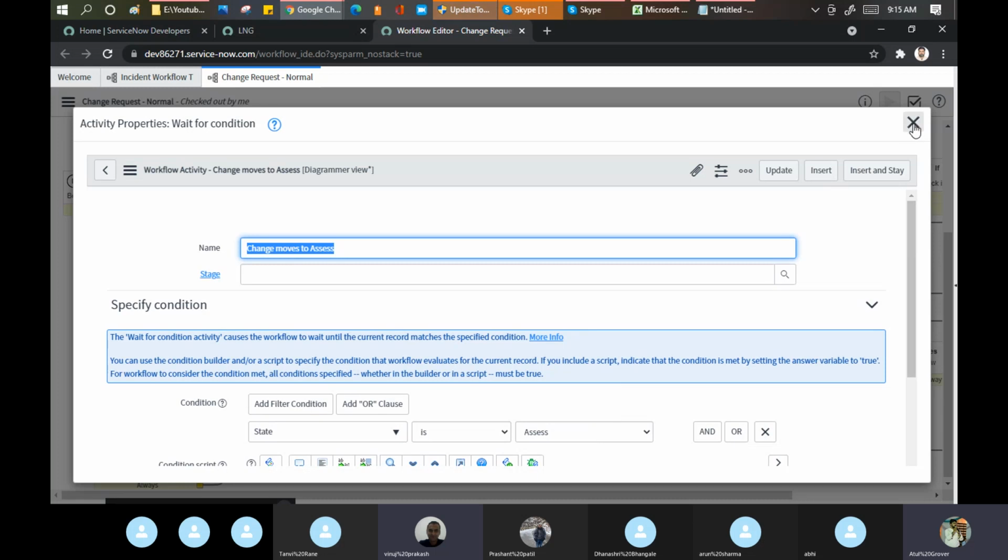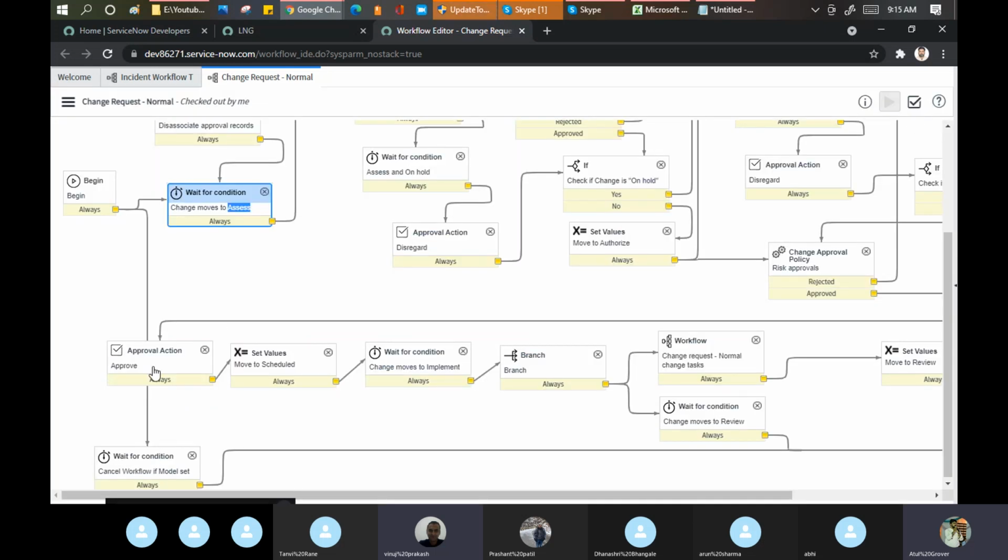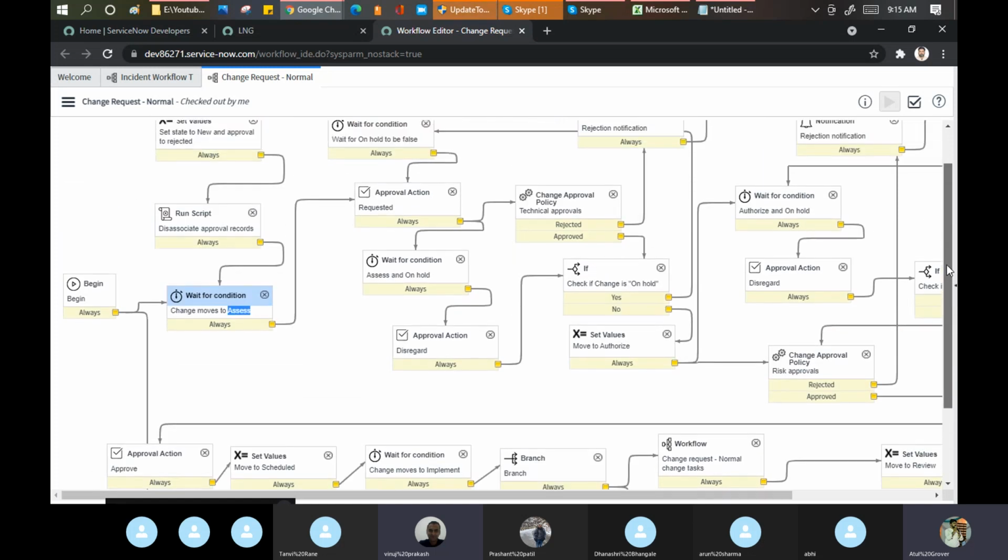Sometimes what happens is that with wait for condition, in the meantime all the previous logic is executed. You are putting in this wait for condition, so this core activity we are using to set that my change is in the assess state now. Now if you go here, approval schedule, let's not go into this as of now. I'm looking for the approval policies.